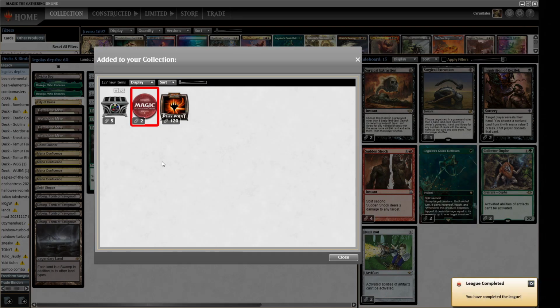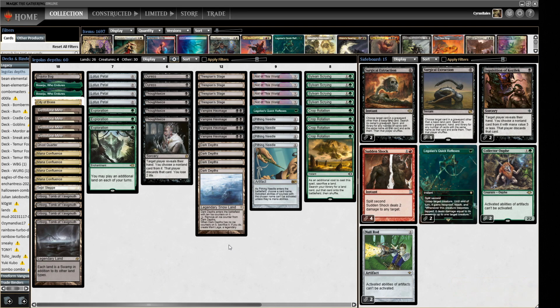Alright, we finished with a nice 4-1. Not a bad start to old December. Let's get right into the list and talk about it, because obviously you know I love to ramble on about Turbodepths. So, the main things we were testing today were...